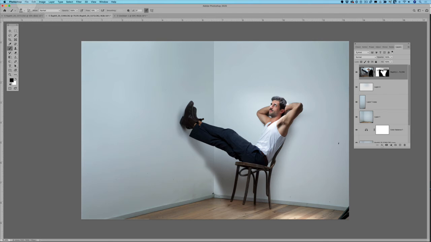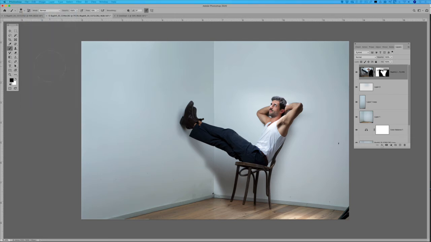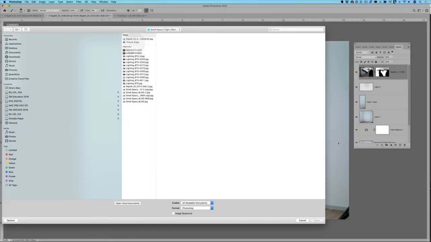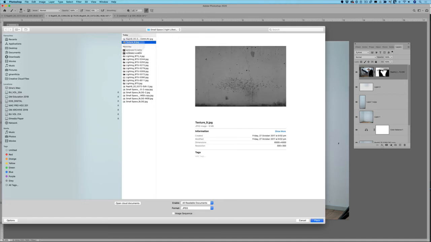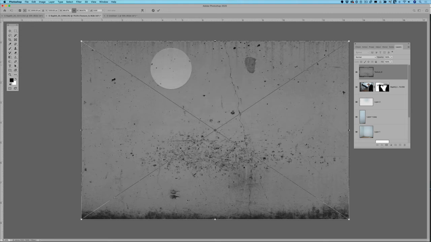So to add the texture, what I'm going to do is go to File, Place Embedded, all right? And you'll get a little dialog box that comes up, and you can scroll through and find the texture that you want. So I'm using texture number 9 from the Gold Members Texture Pack. And once I've found it, hit Place, and Photoshop will place that on top of the